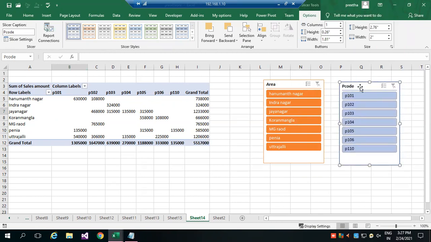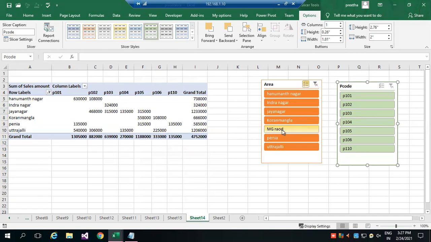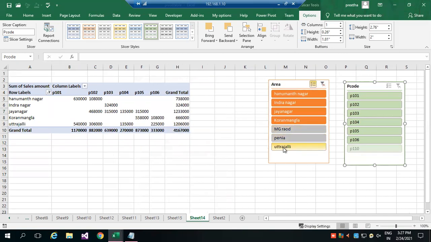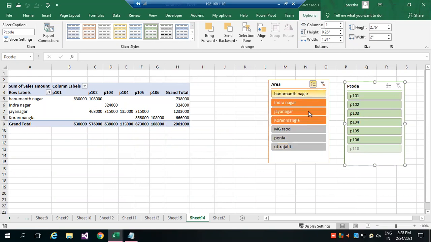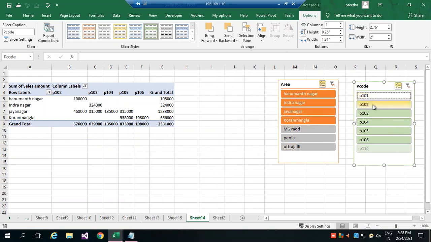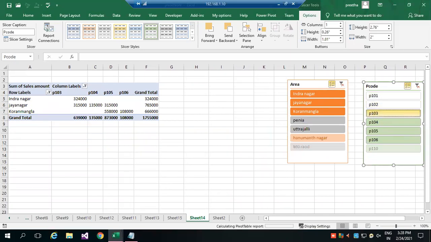So slicer is basically for viewing only what item you select from the slicer, only that data will be visible over there. So here this is for multiple selection. Suppose I deselect MG Road, so these three only I retain. In this, I wanted to show only for 101, 102, 103.